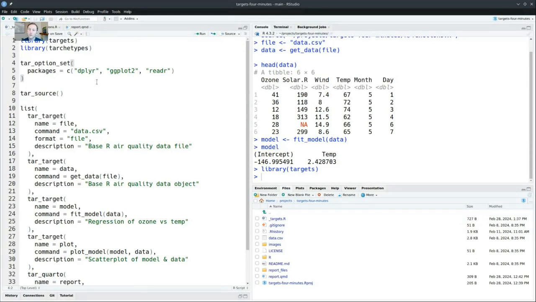For example, in the functions.r file, you don't load your packages there. So it sounds like by setting it as part of your pipeline, it will then use those packages as necessary, including in those functions. Is that accurate? Yeah, exactly. Okay. And the function script is loaded in the next step in this tar source function. What this does is it runs all the R code scripts that are inside this R folder in the file system of the project.